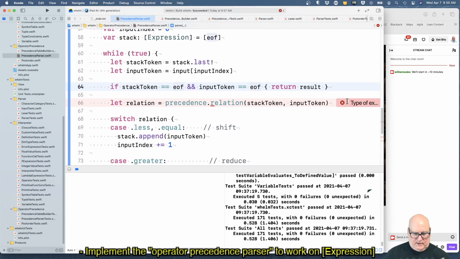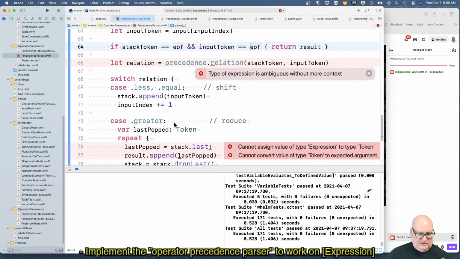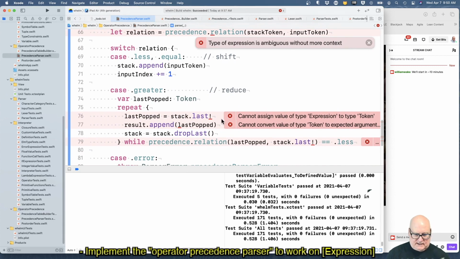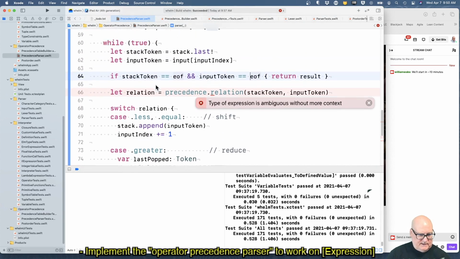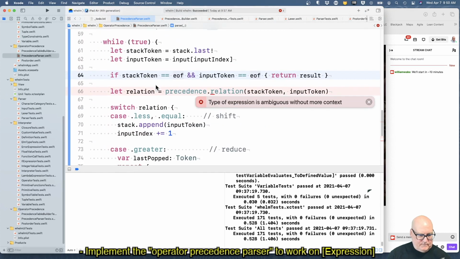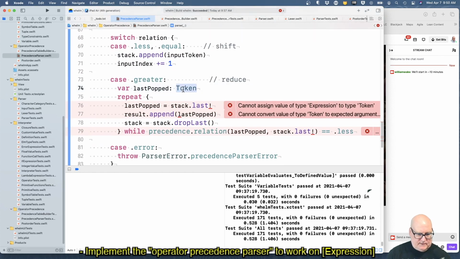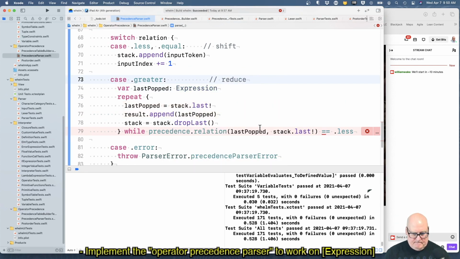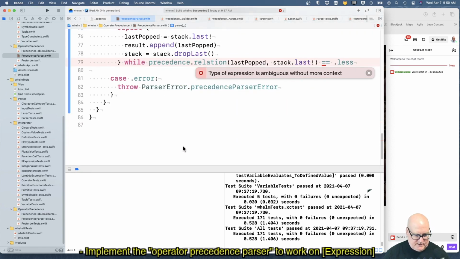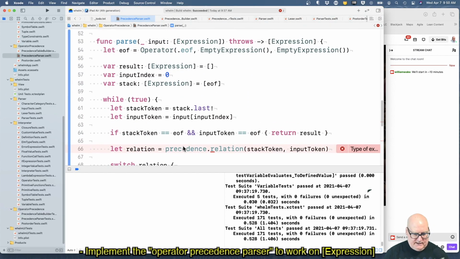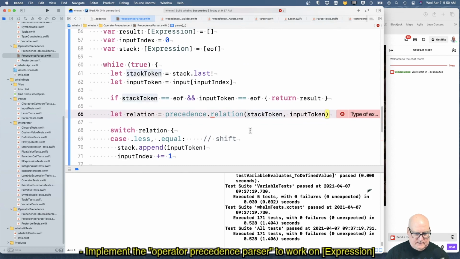Okay. Precedence relation. Yeah, that's a little awkward. Relation, that stuff's fine. Stack.last. Last popped, of type expression. The precedence relation is confused.